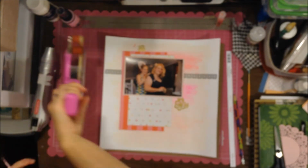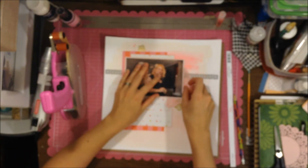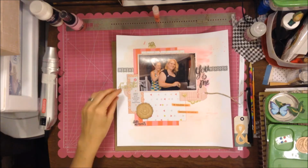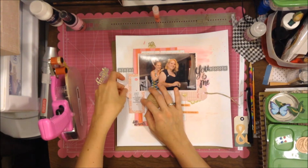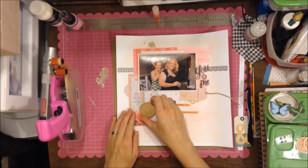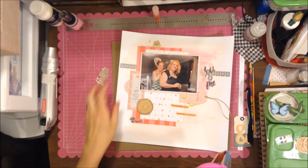And I do use this doily, which came in the kit, and I'm using the Scraptastic kit for both November and October, so I don't remember all of them. And I use mostly Maggie Holmes type stuff. So here I'm just putting everything down. I had already had it on there, and so now I'm just gonna